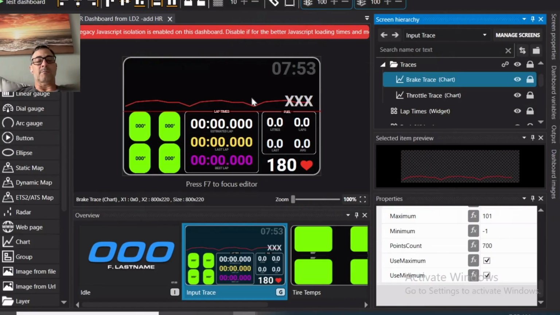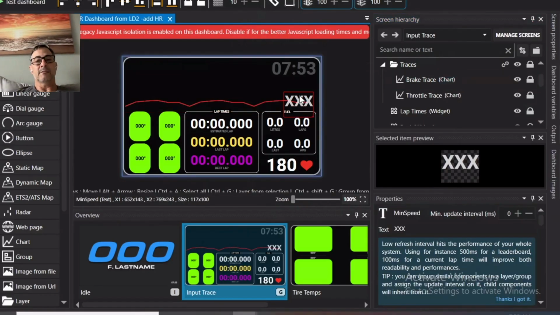Because we're not in the game or running it, it's showing kind of a representative brake trace. But this upper section here is dedicated to throttle and brake telemetry trace. And I've got just the time from the computer on here. Here is where I recently dropped in the minimum corner speed, and I'm probably going to end up revamping a lot of this dashboard, come up with a new one,